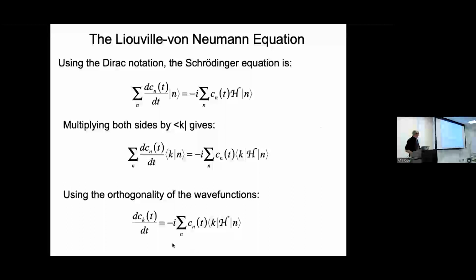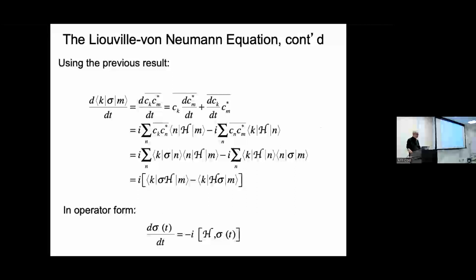all of this. So if I need the derivative of the complex conjugate, I have to take the complex conjugate of everything here, and the complex conjugate of C sub n is C sub n star. The complex conjugate here, I make use of the Hermitian property, and it ends up the complex conjugate just moves the n over to be the bra and the k to be the ket, because the complex conjugate transpose of H is itself. So I replace this side with then that result, complex